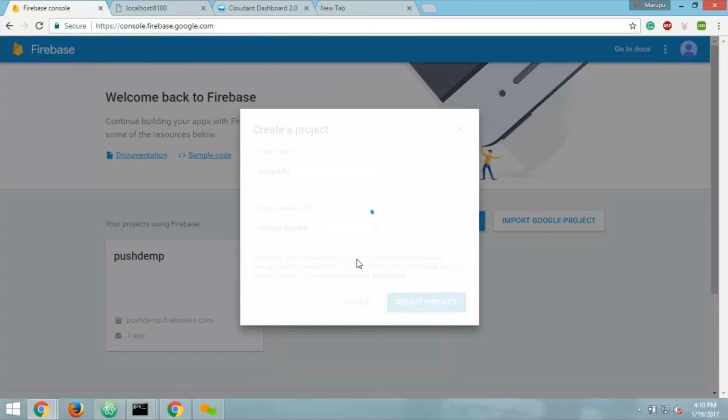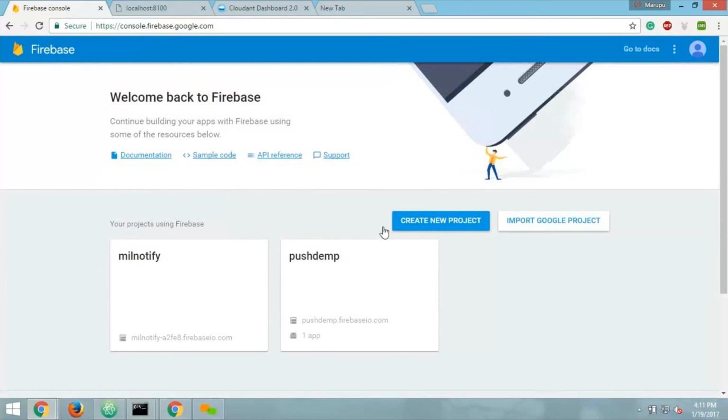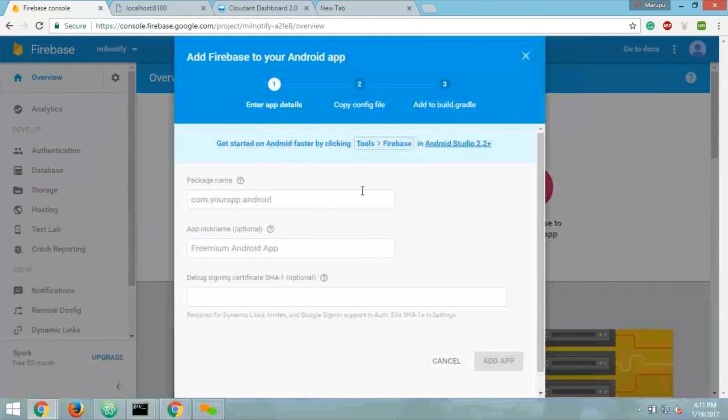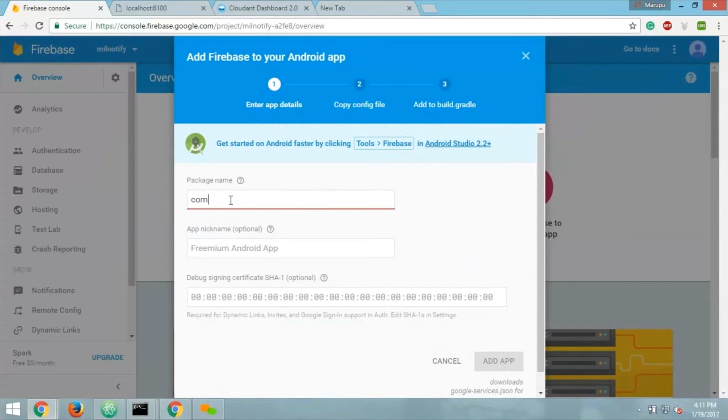I'm creating the application in Firebase Cloud Messaging. And we have to configure this application in our Ionic application so that we can send notifications to the client module from the administrator. From here, we need to get the server key, package name and google-services.json. These three are very important to send notifications. Here, we are developing an application for Android, so add Firebase to your Android app. And here we need to create a package name for your application.